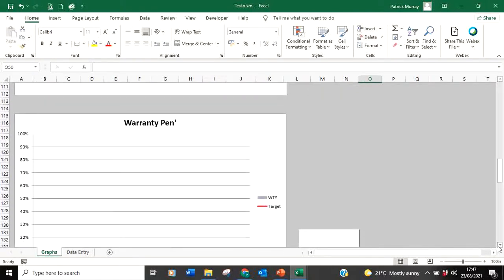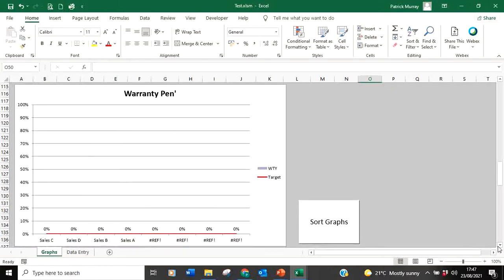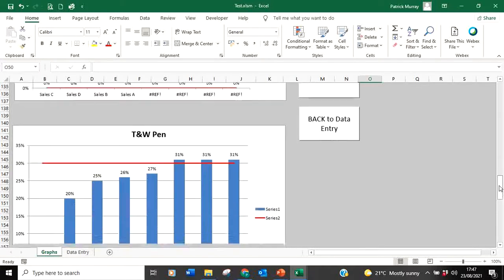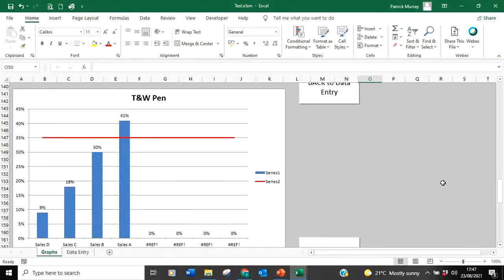The next one is the warranty penetration. You can see that's an empty graph. The only reason it's empty is because this particular dealership isn't targeted, but for Drive Now, yes, that would be filled out. Okay, so for tyre and wheel penetration, we can see here that the team seems to be doing